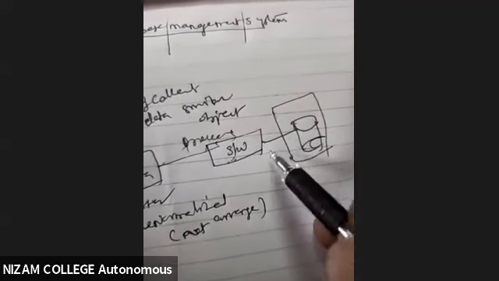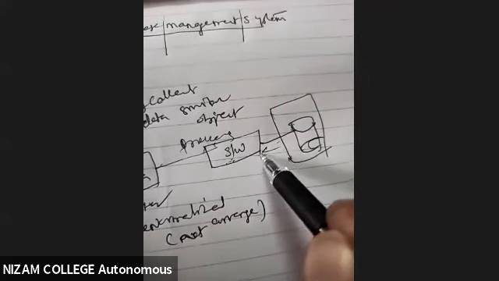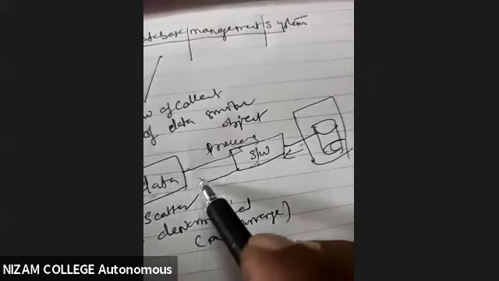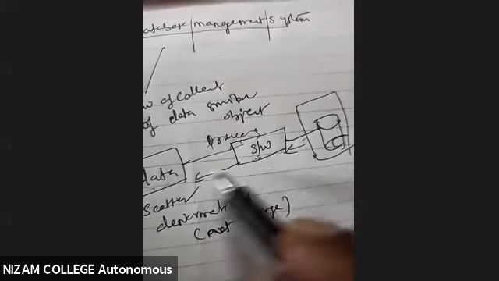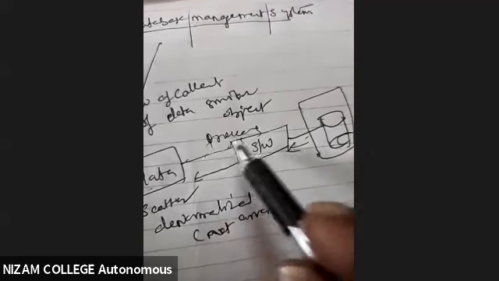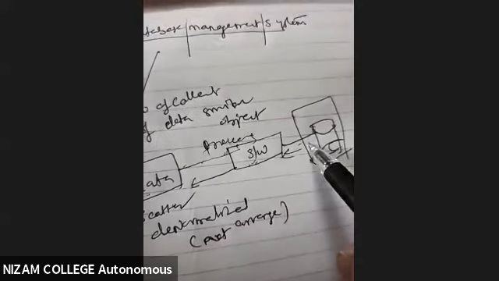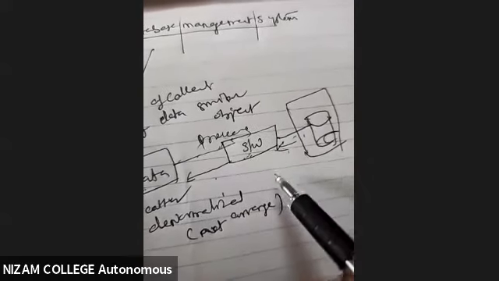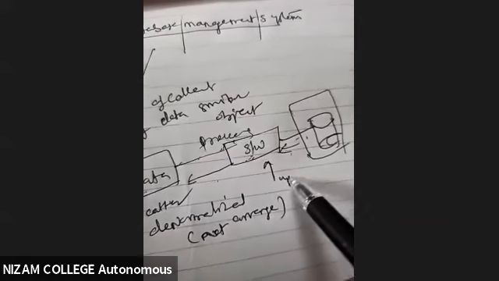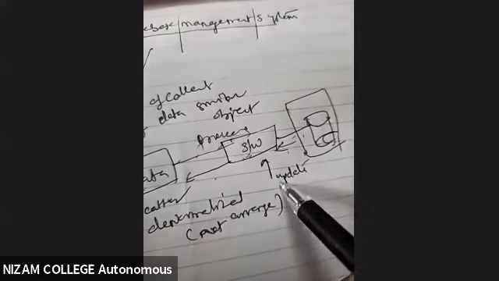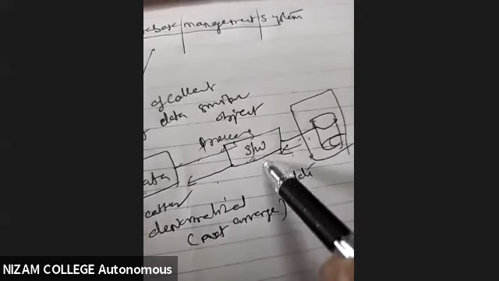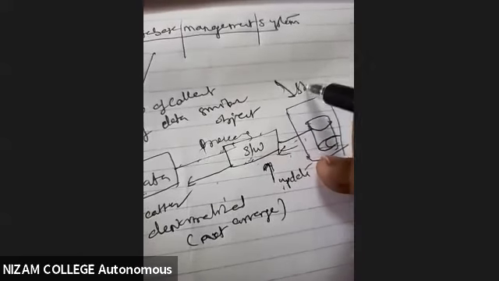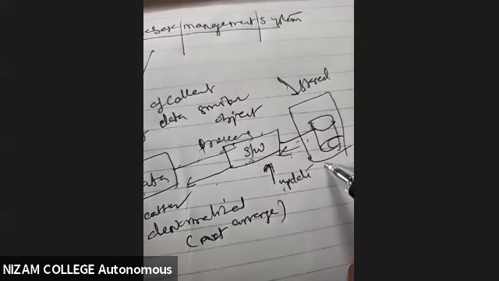Whenever I need it, I can get it through the same software and get the output. So I'll be processing my data with the help of software to store it in the database, and whenever I need, I'm going to retrieve it. Whenever I want, I can update it. Here I'm trying to update and manipulate the data. If some changes are required, I'll do it. It needs to be stored, and it needs to be retrieved.